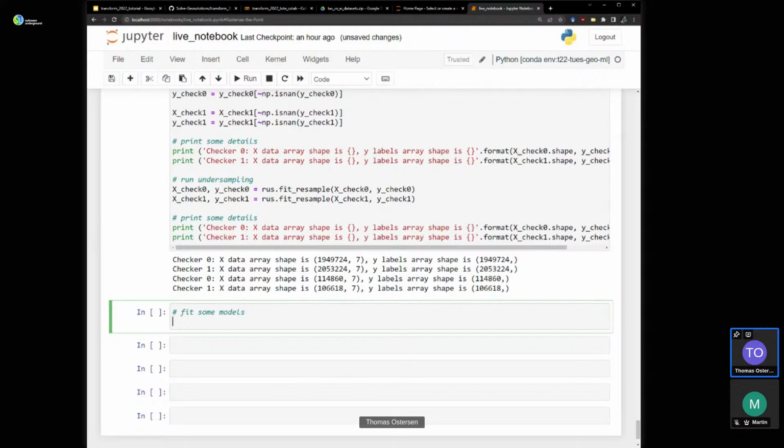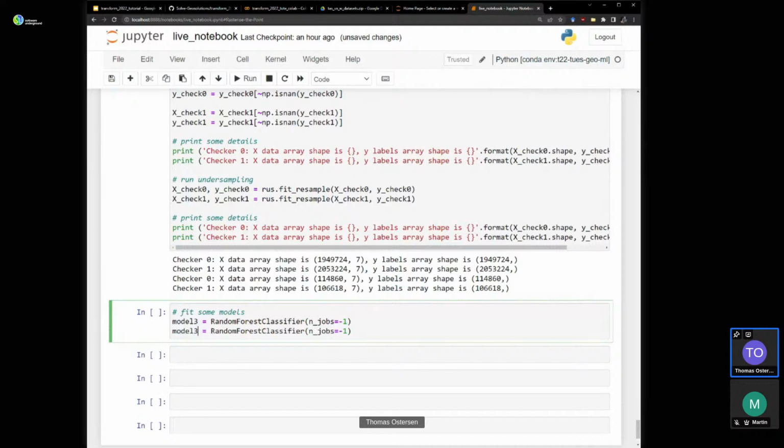So we'll go model 3 equals random forest classifier, n jobs -1. Model 4.